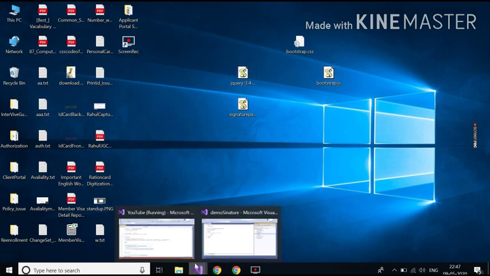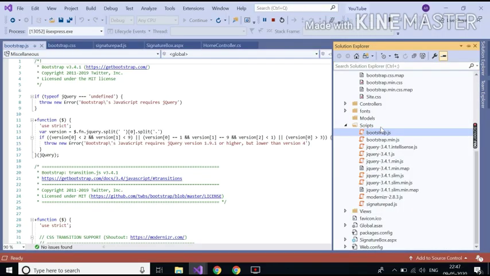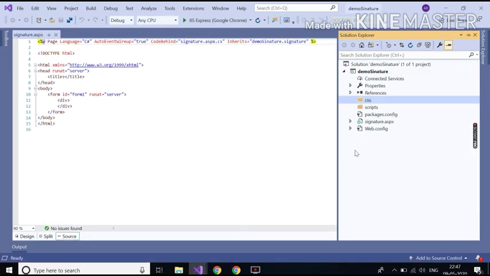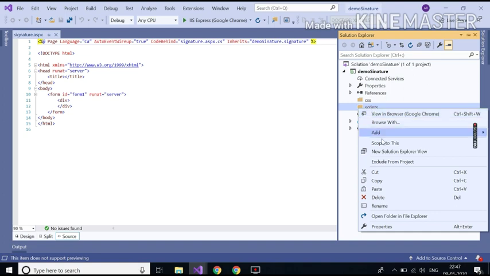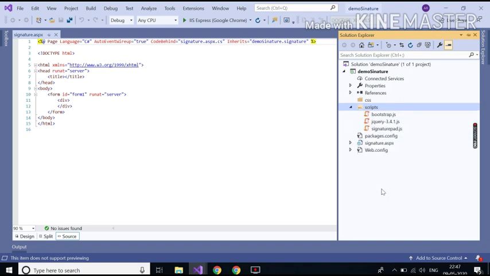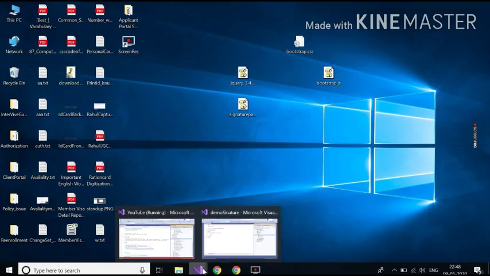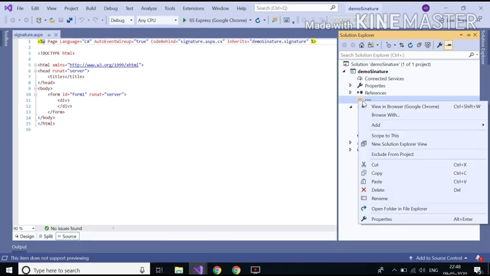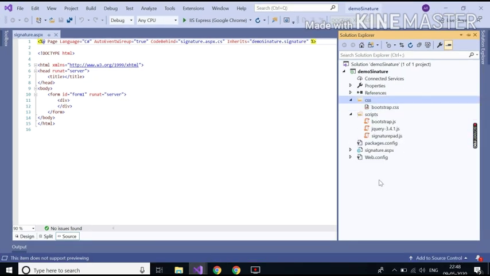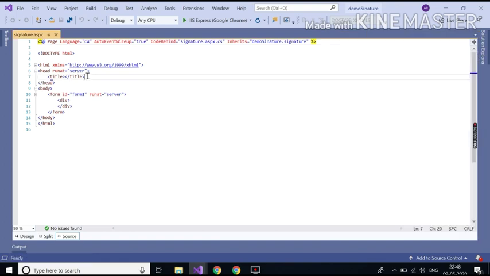Copy them into the folder named scripts: the bootstrap, jQuery and signature pad JS files. Bootstrap CSS, paste this file, and add the reference.